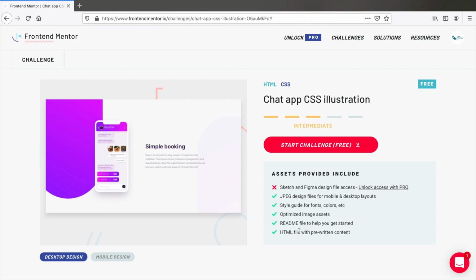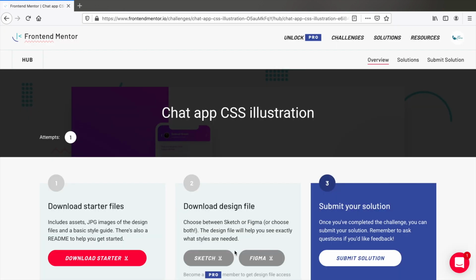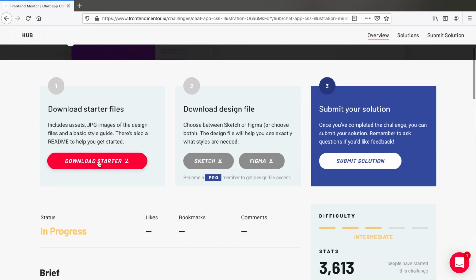In today's video, we are going to be working on this Frontend Mentor.io challenge, which is a chat app CSS illustration. So we're going to be building this whole page using Tailwind CSS. Let's get started. So I'm going to start challenge. You will have to be signed in with your GitHub account to be able to download it. So I say get started, download starter,